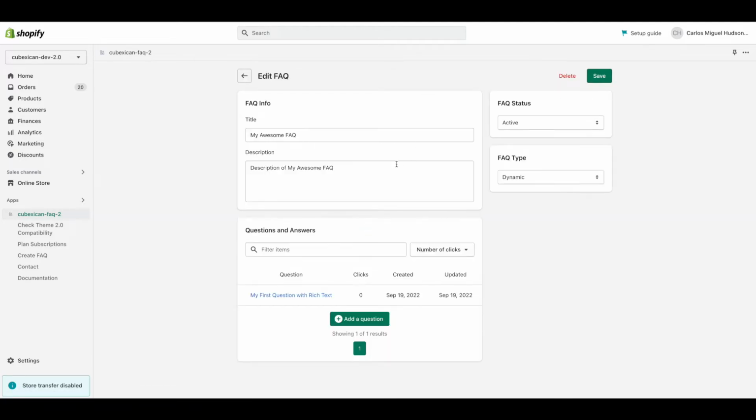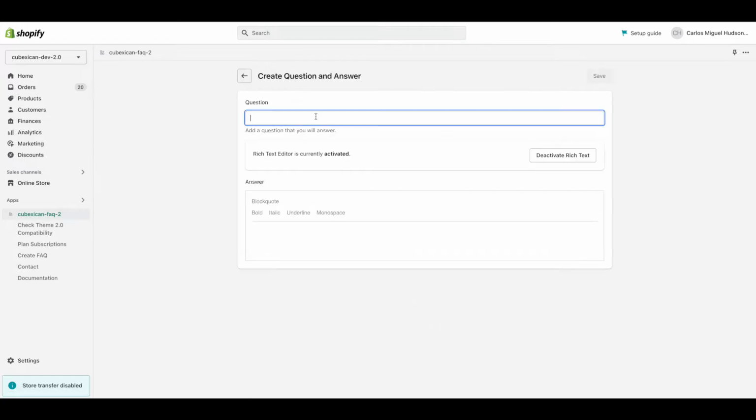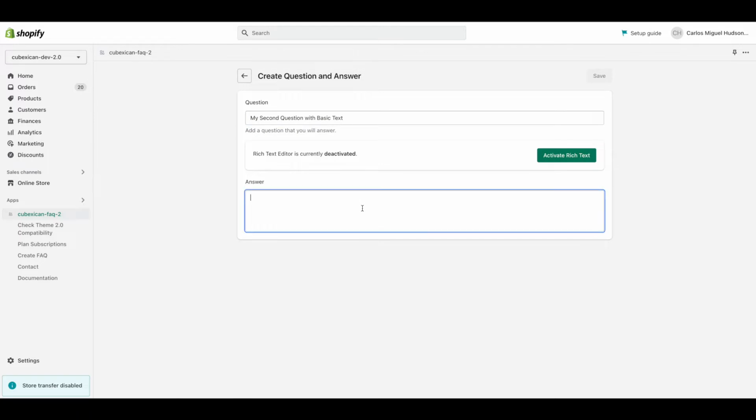We click on save, and then we are redirected back again to the edit FAQ page. And now we are going to create a question with basic text. My second question with basic text. I'm putting this headline just for you guys to let you know that we are using basic text. This is the answer of my question, my second question